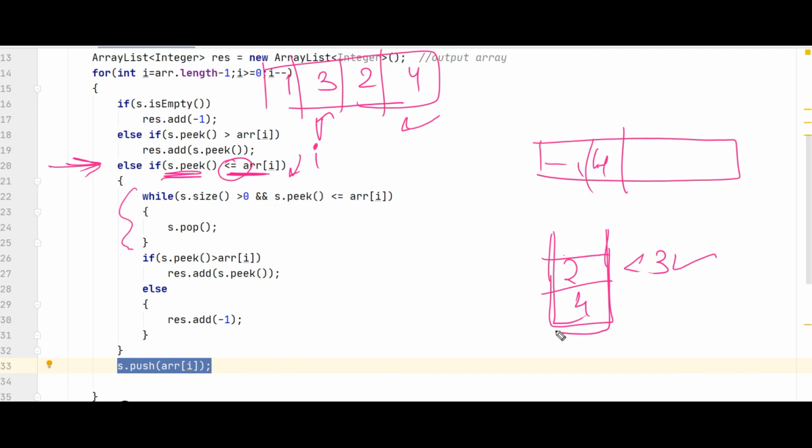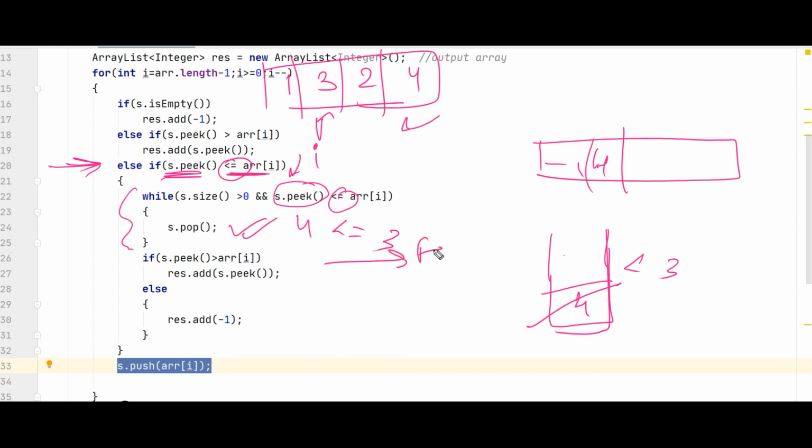Now suppose if in case of 3 5 was there, then we will pop this, then we will pop this, so stack will become empty. So then we will push 5 to it. But now in this case 3 is there, so 2 will be popped out, and after that we will check. Okay, so 2 will be popped out and s dot peek will become 4, less than or equal to 3, it will check. So this value will become false. And our program will come out of this loop and it will check among these two conditions.